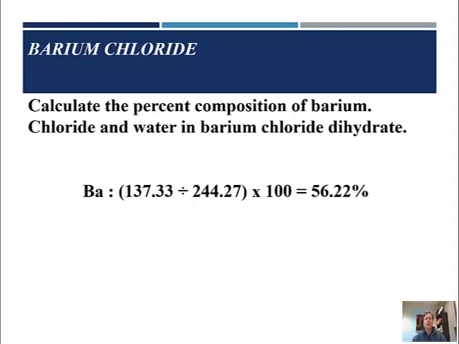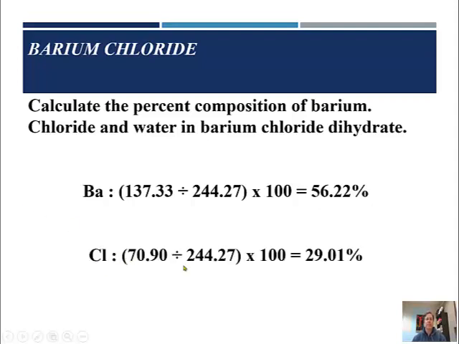All right, chlorine, we had 2 of those, right? So it's 70.9 divided by 244.27 times 100 gives us 29.01. Now at this point, there's 2 ways we can find water. One, we know all the percentages add up to 100. So I can take 100 minus 56.22 minus 29.01, and that'll give us what's left, and what's left is the